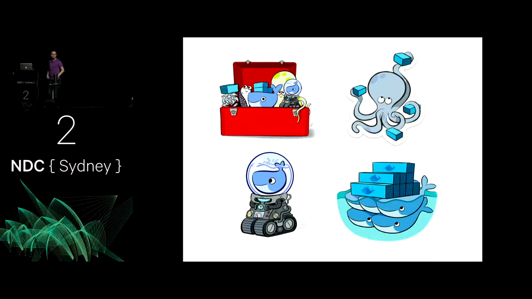Docker itself has got some great tools. If you go out onto Docker and download the toolset onto your laptop, you'll get the toolbox. The toolbox is made up of 3 different tools to solve different problems. The octopus is Docker Compose. This is a way to define multiple containers as a single file definition. You can commit it to your source control, and then that can launch all of the containers which you need, all of the dependencies such as Redis and MySQL, as one single